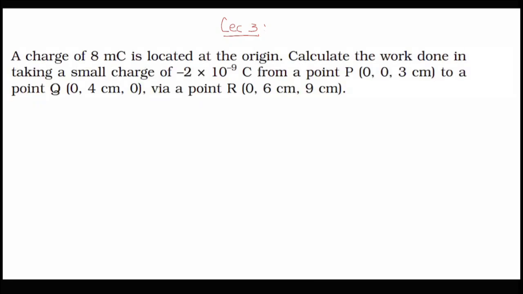A charge of 8 millicoulomb is fixed at the origin. Calculate the work done in taking a small charge of minus 2 into 10 to the power minus 9 coulomb from a point P (0, 0, 3 centimeter) to a point Q (0, 4 centimeter, 0) via a point R